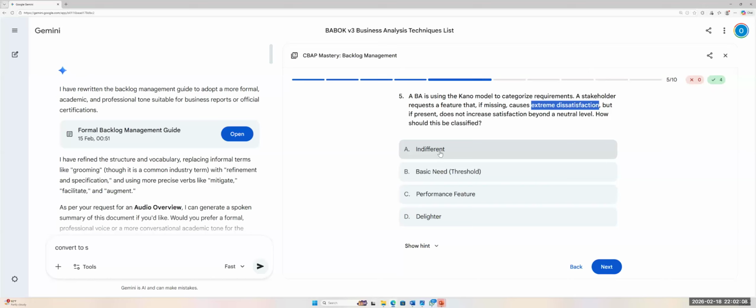But seeing as the absence of that feature is going to cause extreme dissatisfaction, A is out, and the presence of it is not really going to improve satisfaction by a significant level. So D is out. So now it is between B and C. For B, basic need, this is tricky because